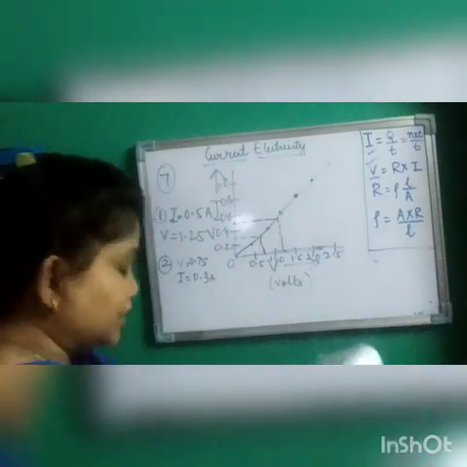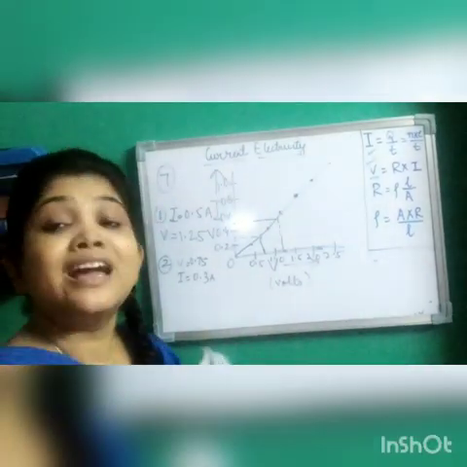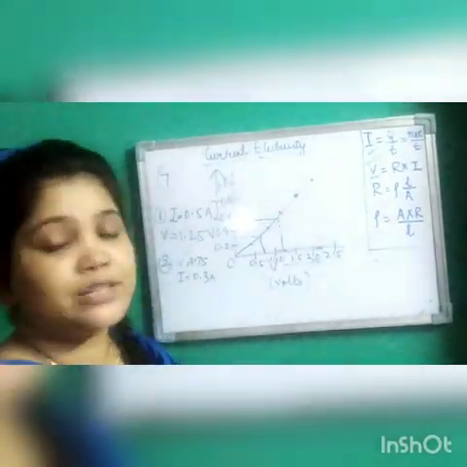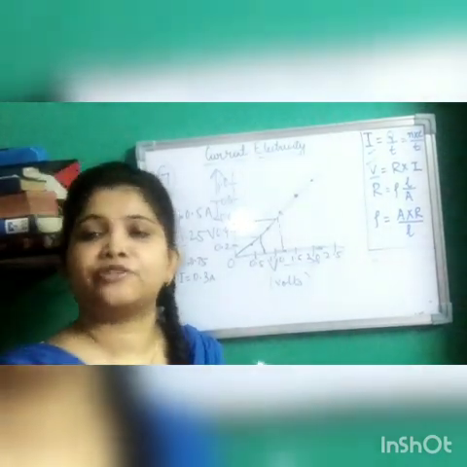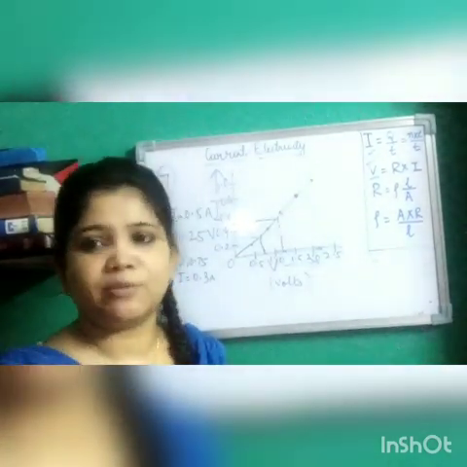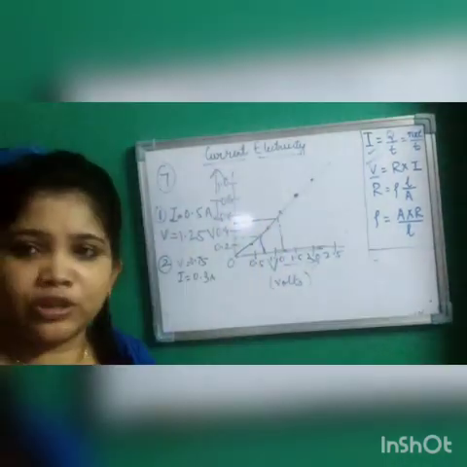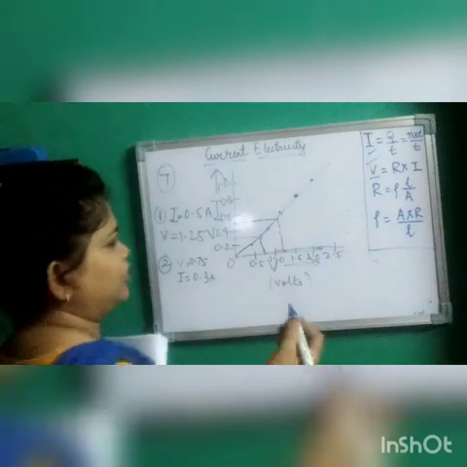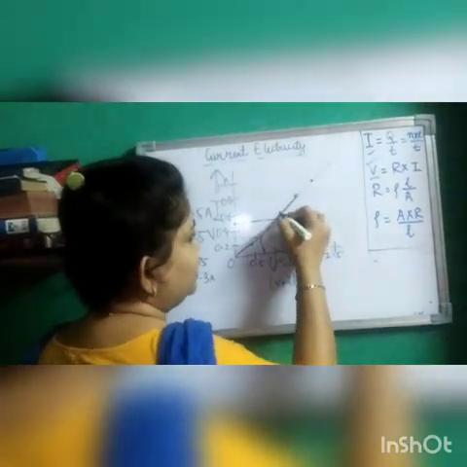Okay. So we have done the second part. Now third part, they have asked you to find the resistance of the circuit. So as I told you in the class, and you have done in practicals also, the first experiment of your class 10 is Ohm's law. You are seeing from the graph, how do you get the resistance? From the slope of the graph. Okay. So let us take any point. Suppose I am taking 1 and 1.5. Okay. So I am drawing a line like this.